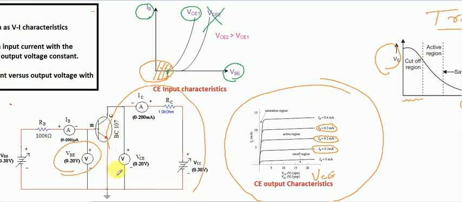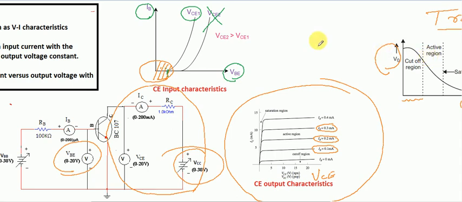So you can see in this circuit, if the transistor is not allowing current from the input, then the output will be just equal to the applied VCC. Output will be just equal to the VCC, whatever applied. It is an almost constant value. That is why it is the cutoff region. So in the cutoff region, the transistor is cut off. It is not allowing input to pass towards the output. So the output voltage will be just equal to the biasing voltage. That is why it is almost constant in the cutoff region.